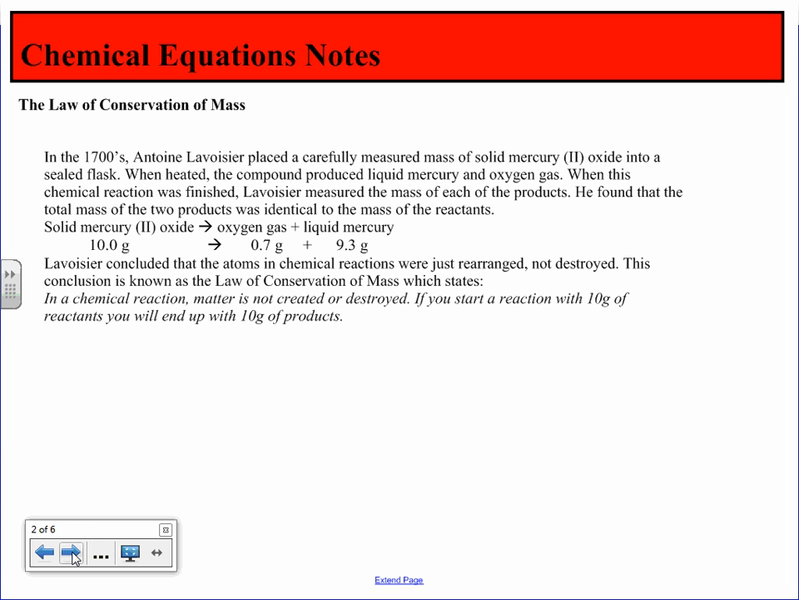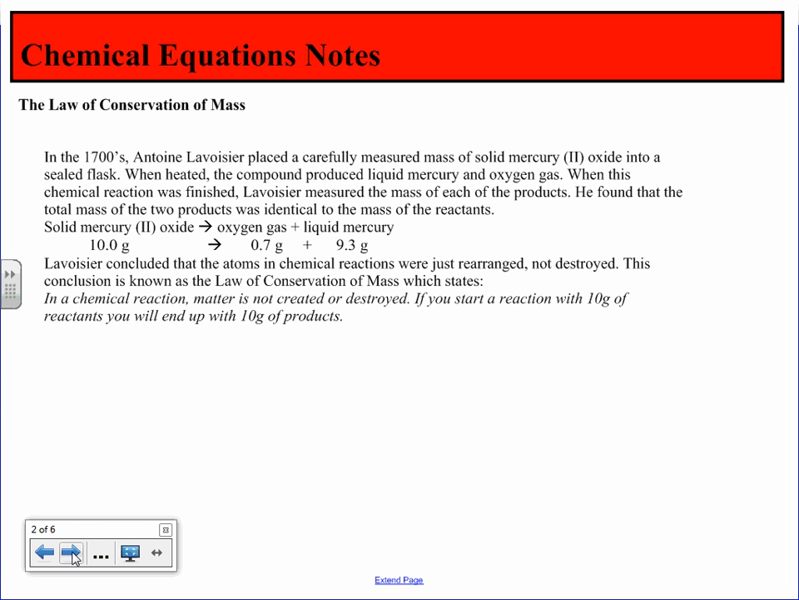So the 10 grams of solid mercury oxide broke down into 0.7 grams of oxygen gas and 9.3 grams of liquid mercury. He concluded that the atoms in the chemical reactions were just rearranged, not destroyed. This conclusion is known as the law of conservation of mass, which states, in a chemical reaction, matter is not created or destroyed. If you start a reaction with 10 grams of reactants, you will end up with 10 grams